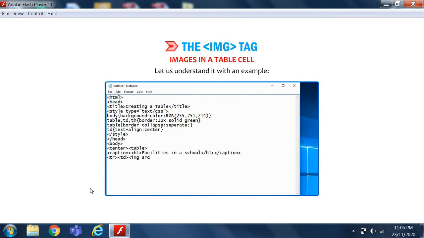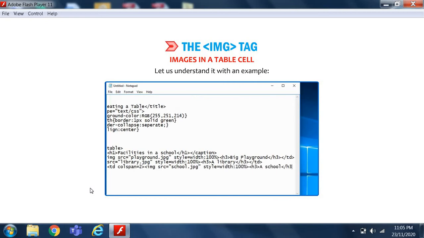<tr><td><img src="playground.jpg" style="width: 100%"><h3>A big playground</h3></td><td><img src="library.jpg" style="width: 100%"><h3>A library</h3></td></tr><tr><td colspan="2"><img src="school.jpg" style="width: 100%"><h3>A school</h3>